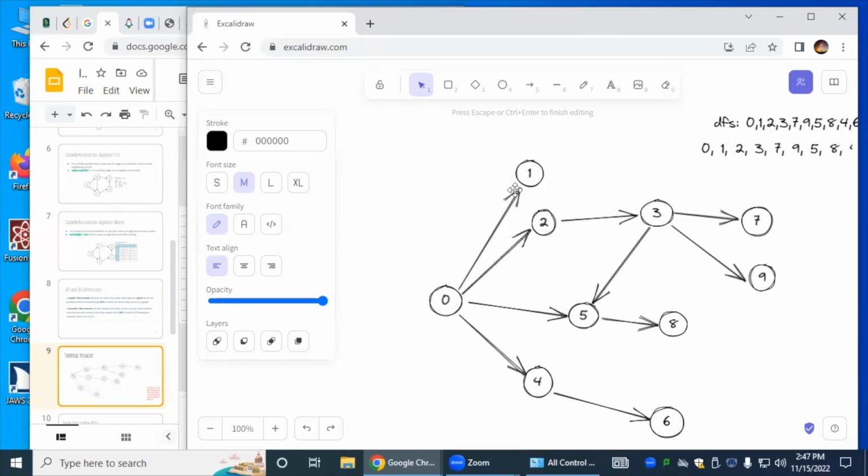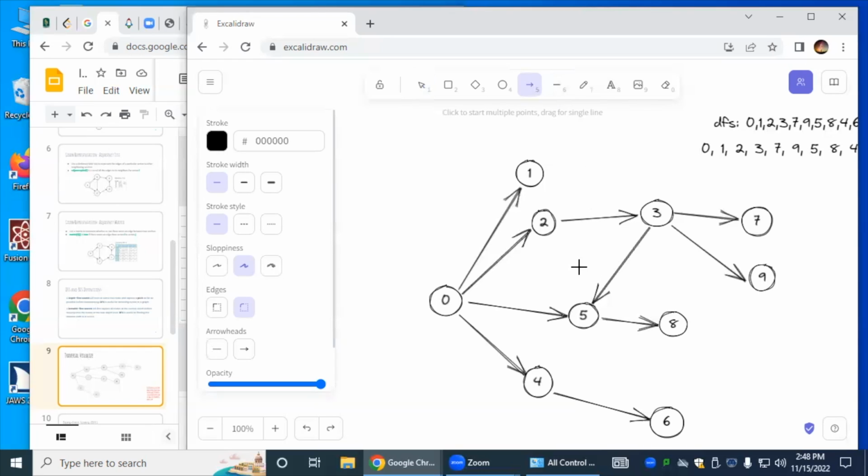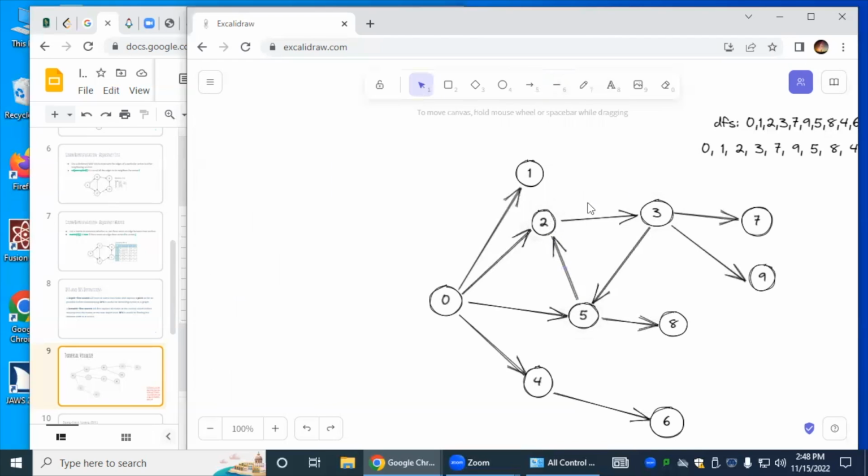So basically DFS is like going path by path. It has a list of possible choices that it goes through one by one. So what if there's a cycle in the graph? Do we ignore that, or is it because we have a visited set and we keep track of it? Yeah, let's make a cycle and see what happens. So 3, 2, 3, 5. Let's make 5 connected to 2 to make it a cycle. So there's a cycle right there, right? 2, 3, 5. So starting from 0, it goes to